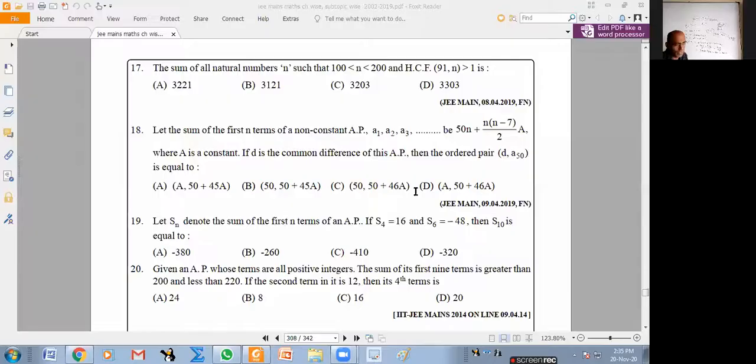Some questions I may give a hint, but if somebody says, no sir, you write the detailed solution fully, I am ready to write. Okay. So up to 20 in total. Any other doubt anybody has?